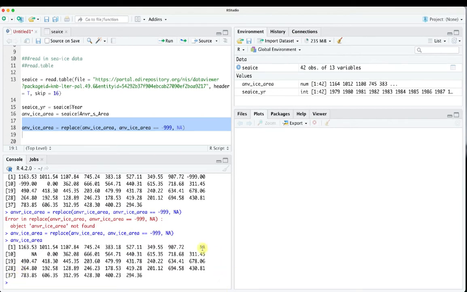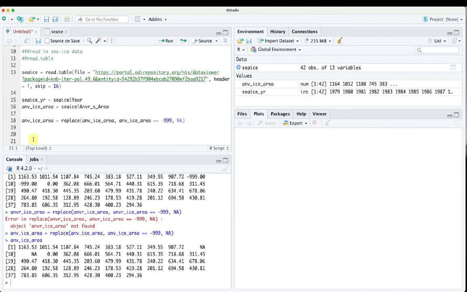There, you can see now we have our NAs in here. Now let's actually plot this stuff up. Put a note in here, plotting the sea ice for Anvers Island. Let's go ahead and plot